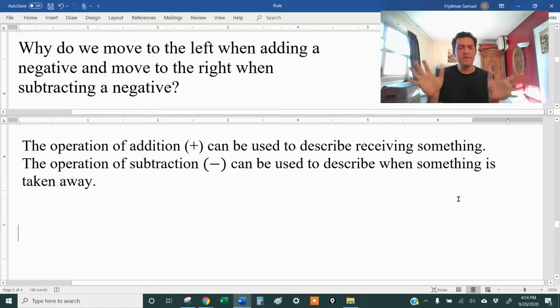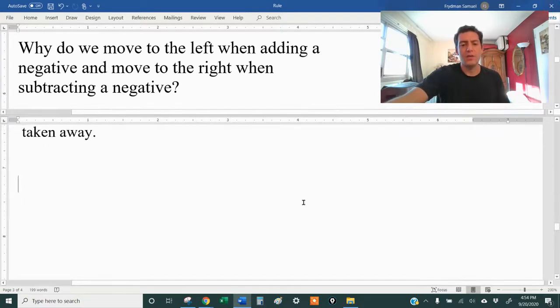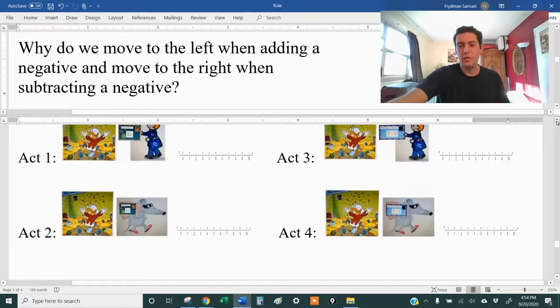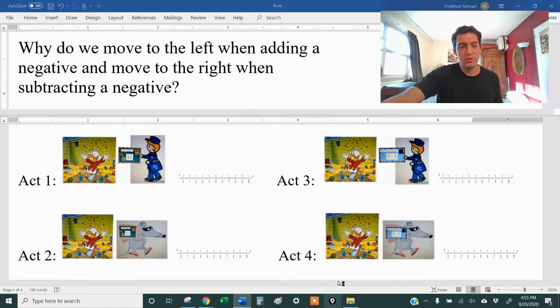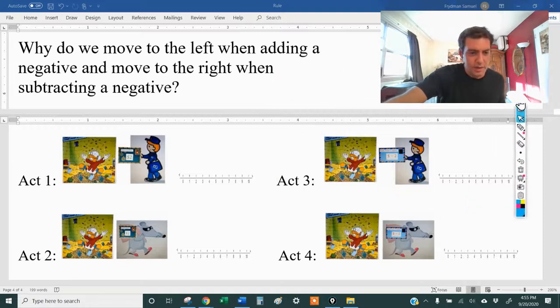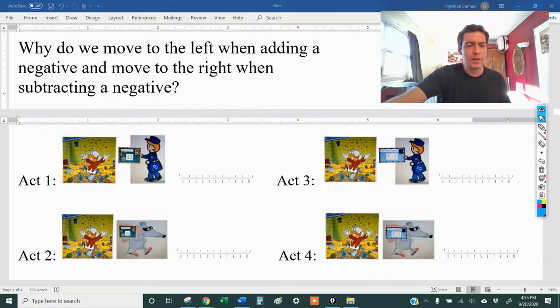Now, I want you to keep all of that in your mind as I go through a little 4-act play over here. So here's Act 1, Act 2, Act 3, and Act 4. Now, I want you to pretend that this is you. You are Scrooge McDuck, and you are super wealthy. You can see all of those gold coins and diamonds and everything that Scrooge McDuck has, and you're Scrooge McDuck. So you have all of this money,